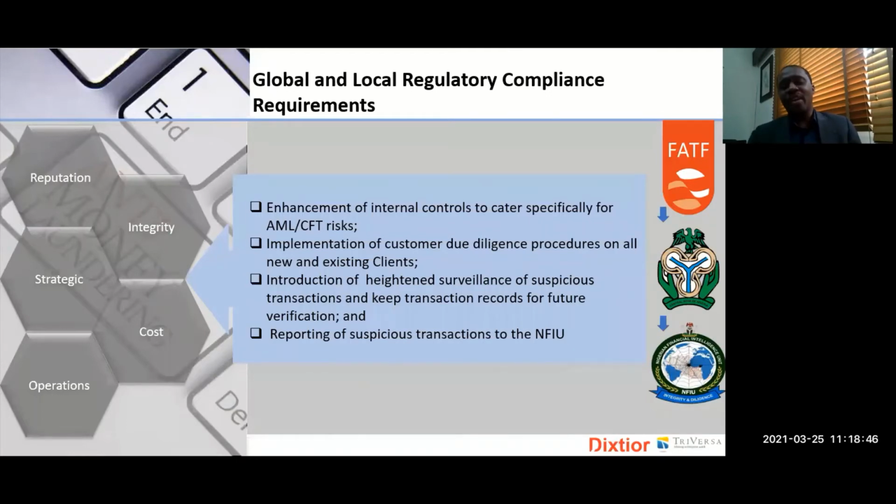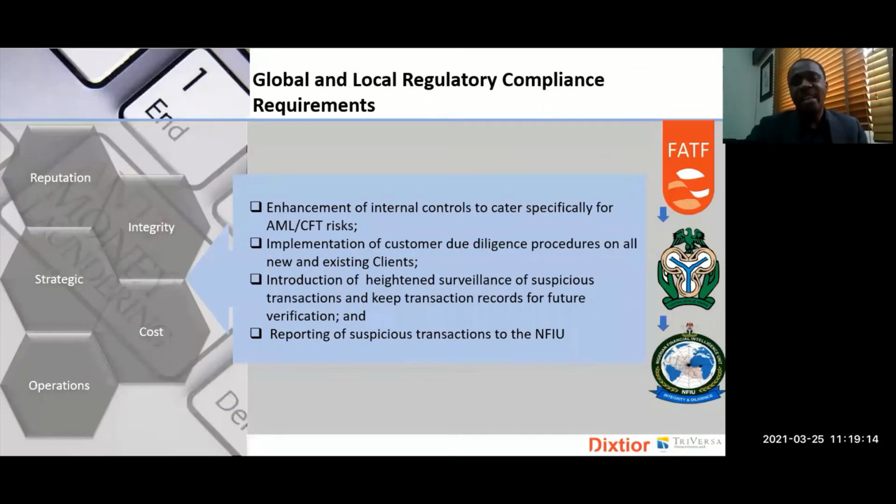While doing this, of course, each of us will be concerned about our organization's reputation, our integrity, the strategic objectives in terms of the markets we really want to tackle, the markets we are trying to gain. Our operational processes, we want to ensure that our cost remains low so that our products can remain attractive. Those are still concerns for us while trying